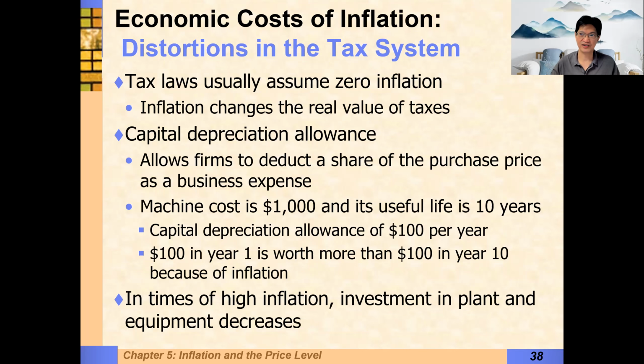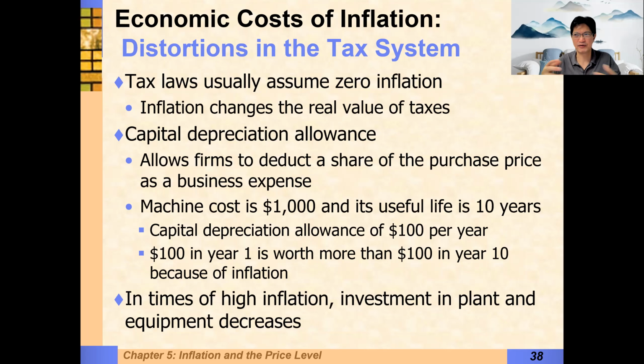But with inflation, every year your depreciation allowance, that is the amount you get to deduct from your income to reduce your profits, becomes worth less and less and less. So you are essentially paying a higher tax than you're supposed to. It just distorts the system. So there are other examples of this as well in distorting the system. Essentially what happens is that you're going to pay more tax if the inflation is higher.